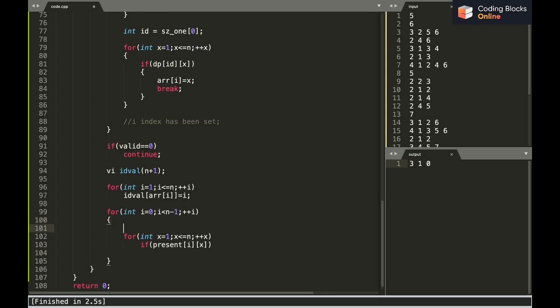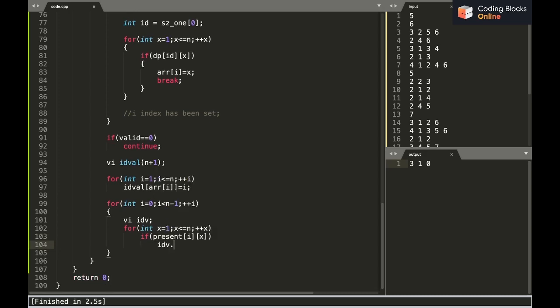What I'll do is store the idvals of these. The idvals will be given by idv.pushback(idval[x]). By idval of x, I have the index value of x, and I just push it to the idv. So after having pushed all the values of the current segment,